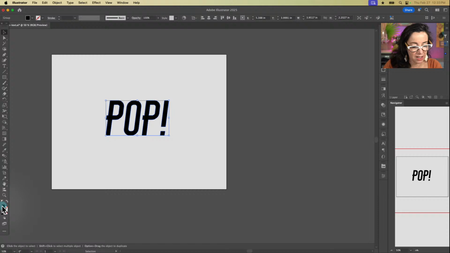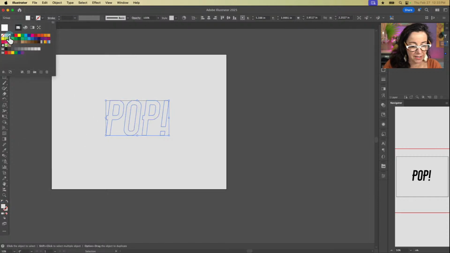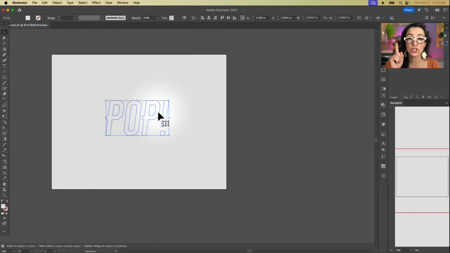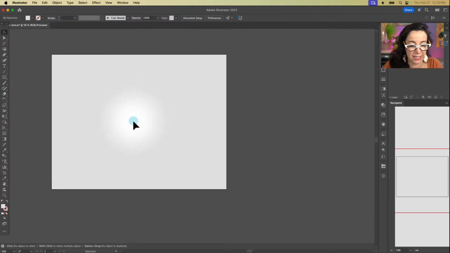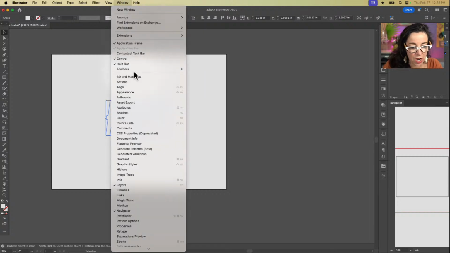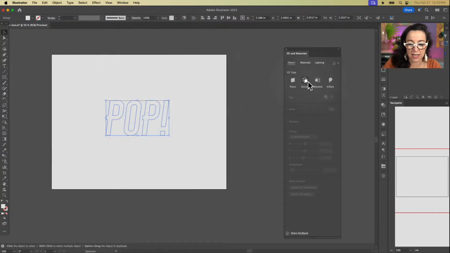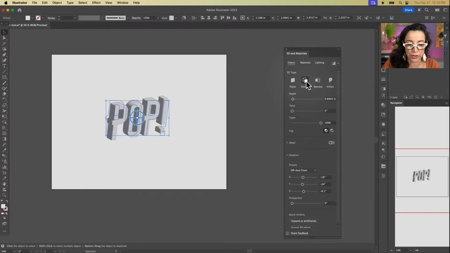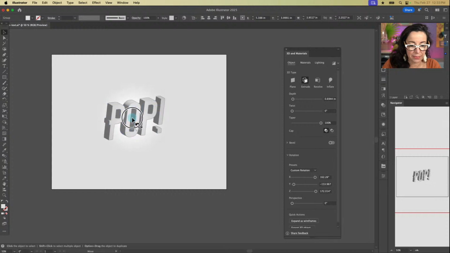And I'm going to change the color. And I know it won't be easy to see because it's white on white right now. But as soon as we do the next part, you will see it. And it will come into 3D. So then we're going to come up to Window, 3D and Materials, and I'm going to choose Extrude, and look at that. Now we have some 3D type